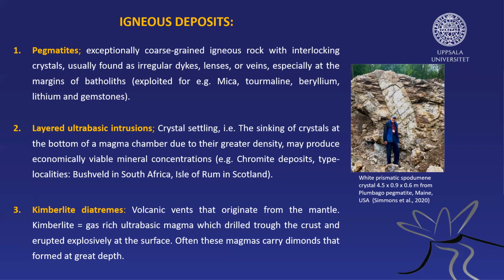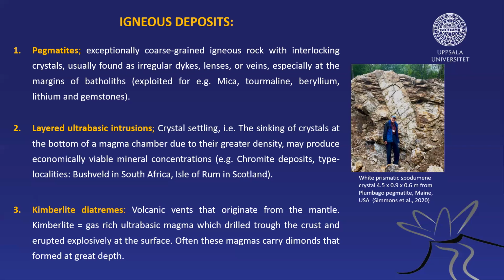The minerals, once they are formed, are heavier than the remaining liquid, and they sink at the bottom of the magma chamber. So we can form layers formed almost by one single type of mineral,